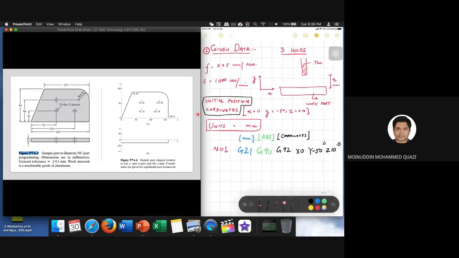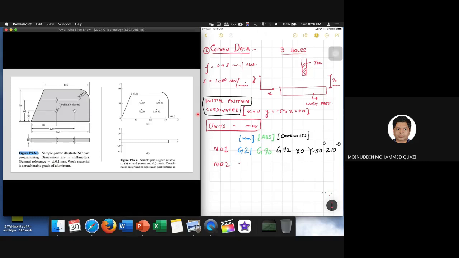N02. Okay, so how to move the tool? Last lecture I told you guys G00, G01, G02, G03 in the table are all related to movement of the tool. G00 is point to point movement, immediately move towards that point. Now I'm not doing any milling, I just want the tool to move towards the hole. So I will give G00 point to point movement.